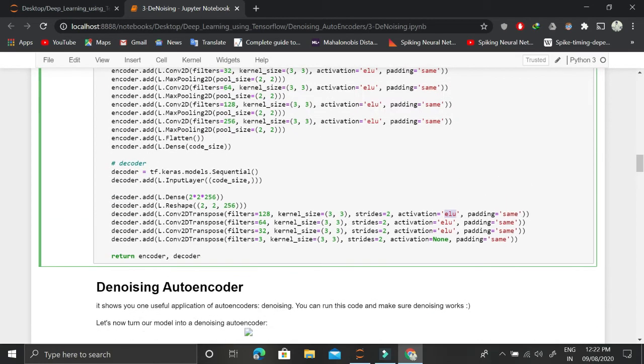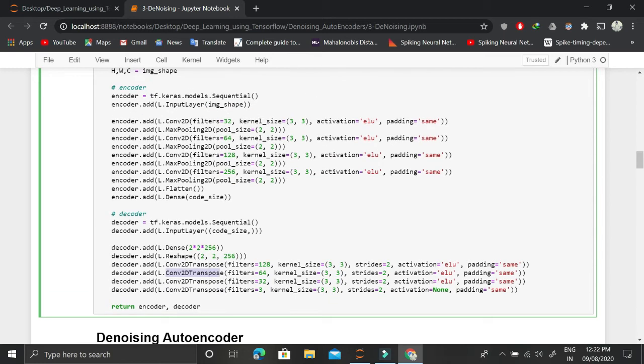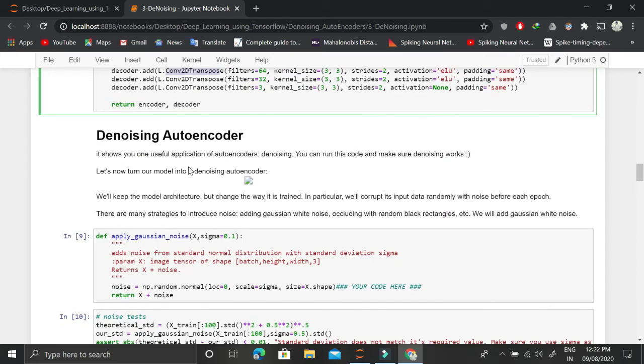Okay, once we have done that, then we have defined this architecture of encoder and decoder. This 2D deconvolution part might seem a bit new to you if you are new to deep learning, but if you really know about images and work with computer vision, then you know about deconvolution. If you don't know about it, it is kind of going in the opposite direction of convolution. This is the opposite function of the convolution, so that's why it is called deconvolution.